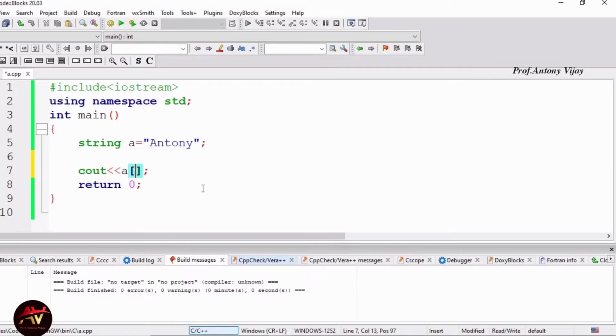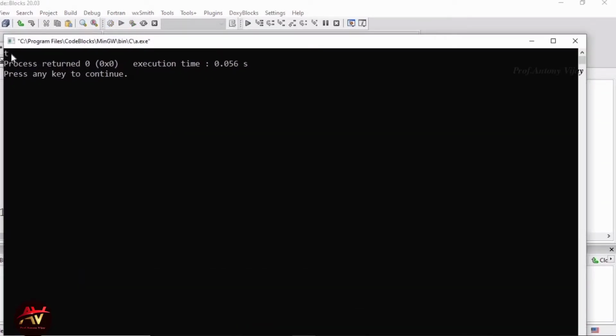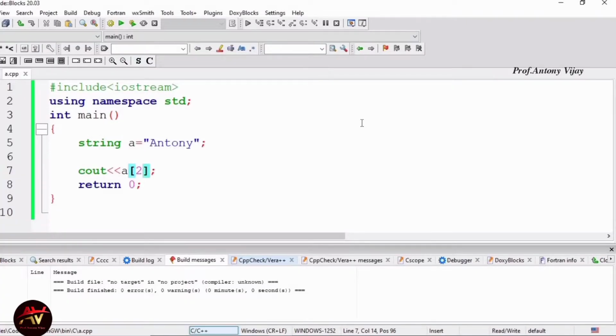So every character is supposed to have an index value. For a it will be 0, for n it will be 1, and for t it will be 2. So in order to print only t, you just make use of a of 2, that is enough. So we will be getting the answer as t only. Let's see the answer. See, we are getting the answer as t. This is the way. In order to access a single character from a string, you just make use of